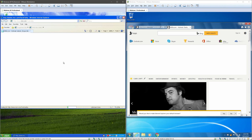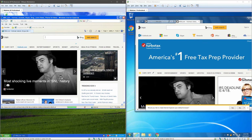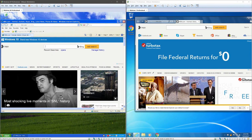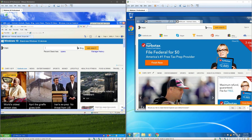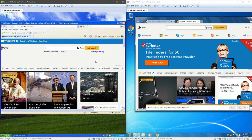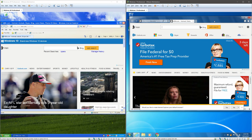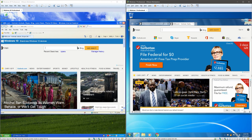Windows XP shipped with Internet Explorer 6, which was brand new when Windows XP came out. It was basically the launch platform for Internet Explorer 6. But this is not Internet Explorer 6, this is Internet Explorer 8, which came out in around March of 2009, where Windows 7 launched with Internet Explorer 8, but is able to run the latest and greatest version of Internet Explorer